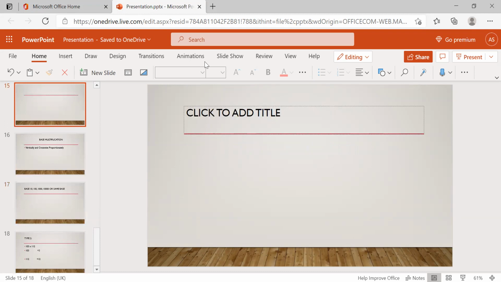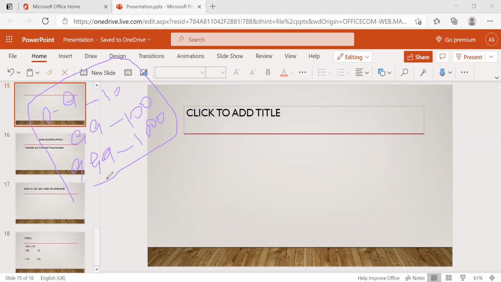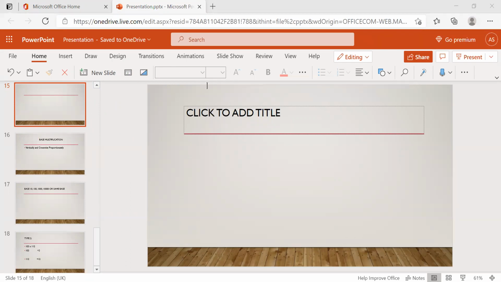You people know the base values of binary 2, octal 8, hexa 16, and decimal 10, right? So 0 to 9 is base 10. Up to 99, base 100, and 999 is base 1000, like this. So based on these base values, 10, 100, 1000, we can do the multiplication very easily. I'll give an example of it.